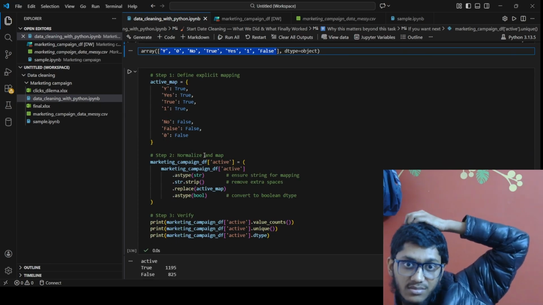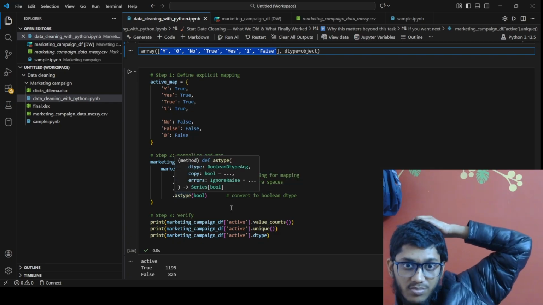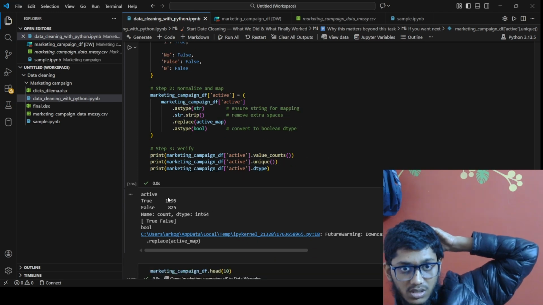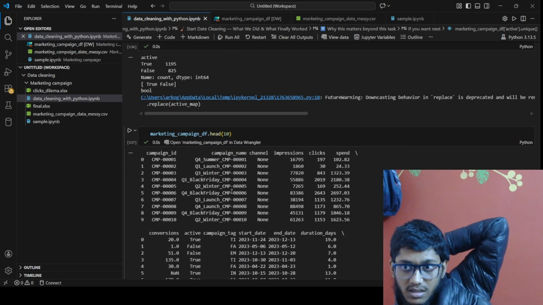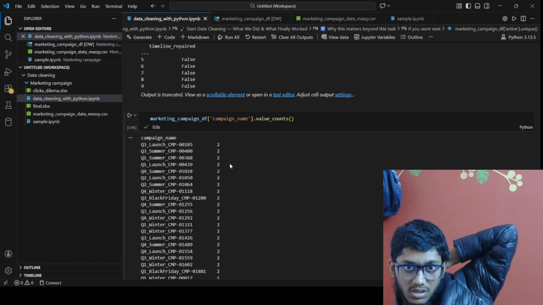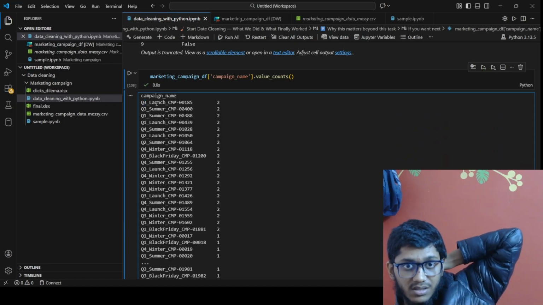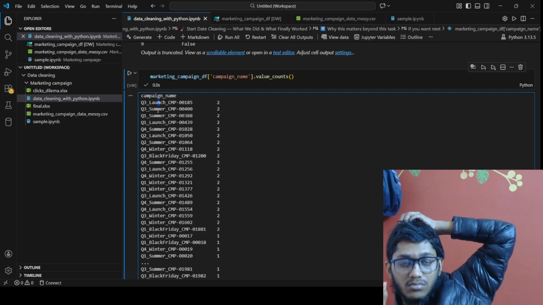These things normalize map active equals to active as replace active map as type boolean. Convert into boolean. See the value comes true. Distance. Done. Give dot head to this thing. Campaign name. See the campaign name quarter 3 launch CMP this thing. Under we can see